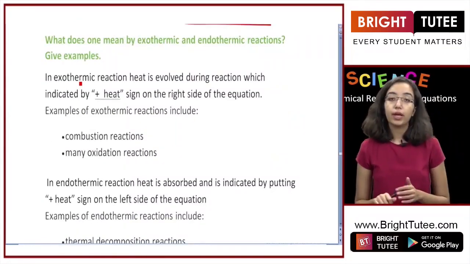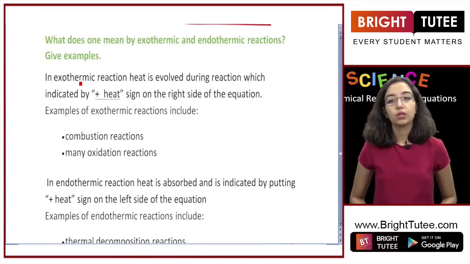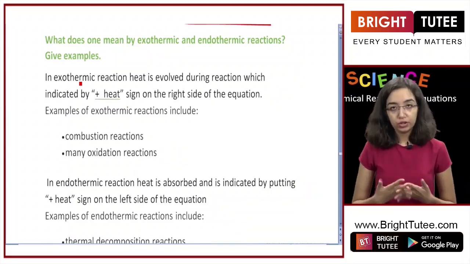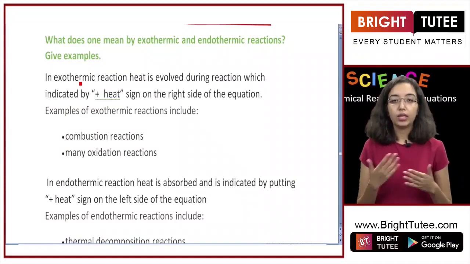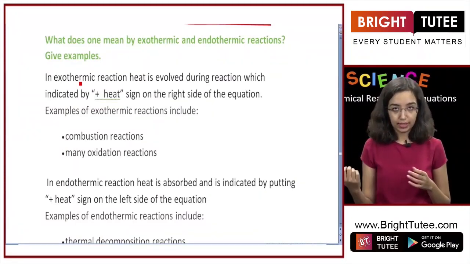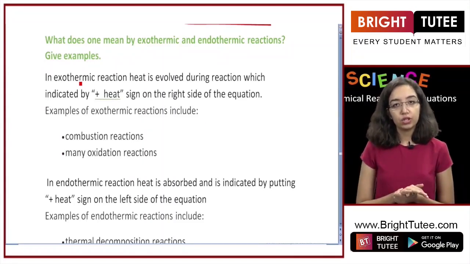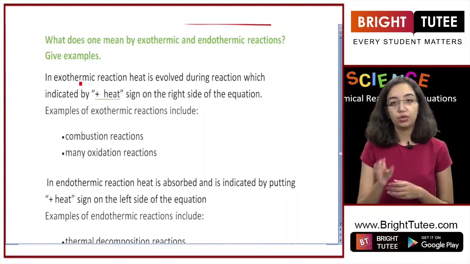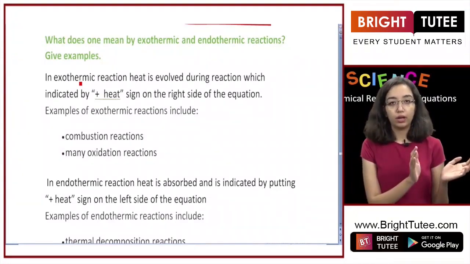Now let's move on to the next question, which talks about exothermic and endothermic reactions. So an exothermic reaction is a reaction in which heat is released. It is denoted by adding a plus heat sign at the end of the equation on the right side. An endothermic reaction is the opposite. It's a reaction where heat is absorbed, and it is denoted by writing plus heat on the reactant side of